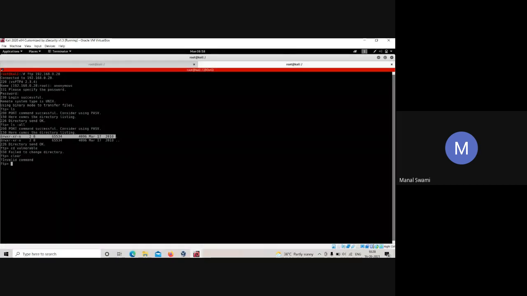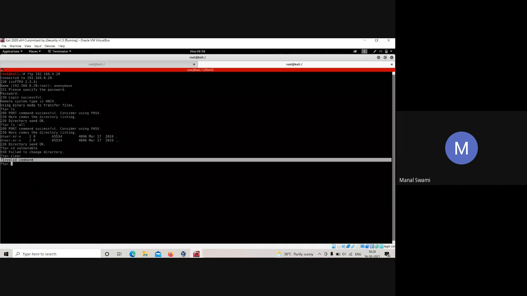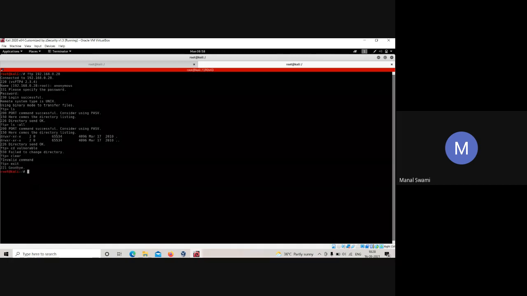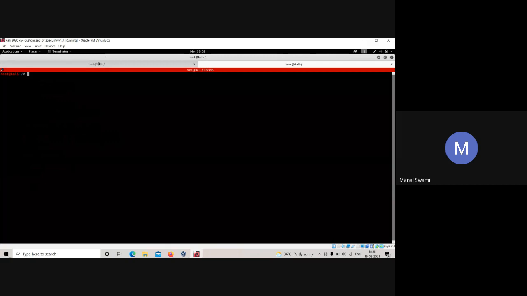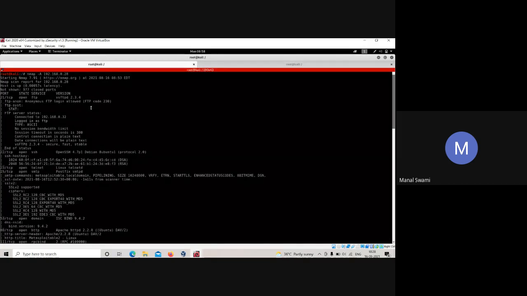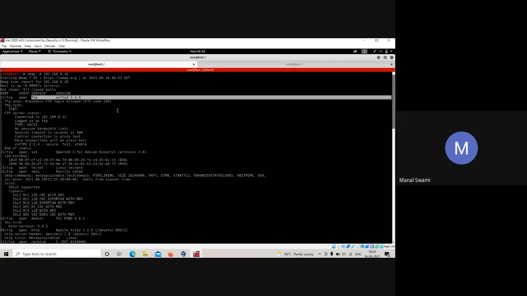Clear, right? See, it is invalid command as well because I don't have the root privileges. I'll have to type exec and it said goodbye. Now it's clear. So this was one method to hack into FTP, although we will be discussing the most effective method to hack into this tomorrow.